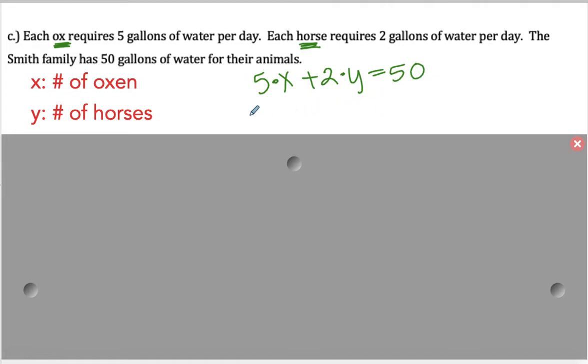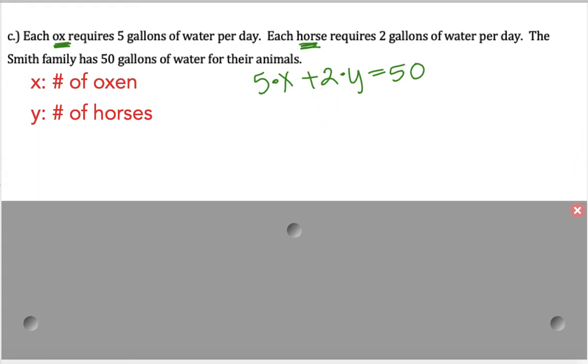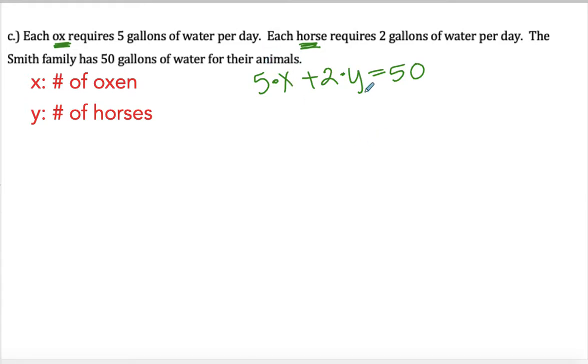And so again, this is standard form. Ax plus By equals C. And we could easily now solve for y by subtracting 5x and dividing by 2 to get y by itself, and that would create